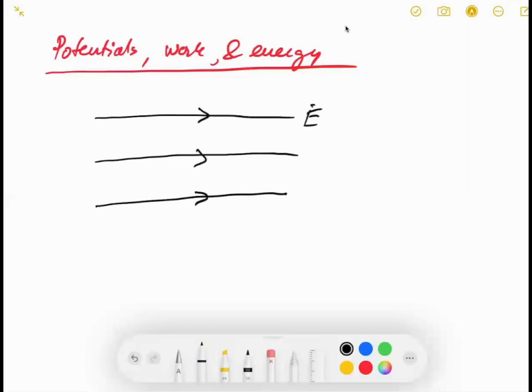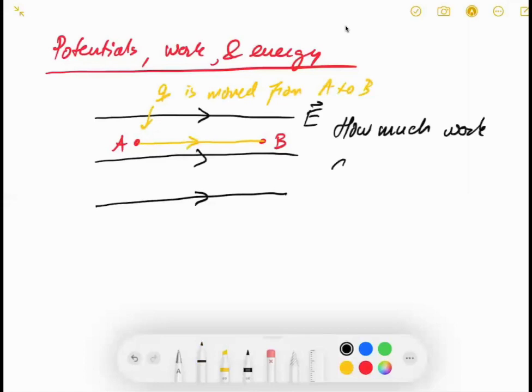This is our electric field, and we have some spot A and some spot B, and we place a charged particle somewhere here, and we move it from A to B. So there's a Q that is moved from A to B. The question we can ask is how much work does the field do